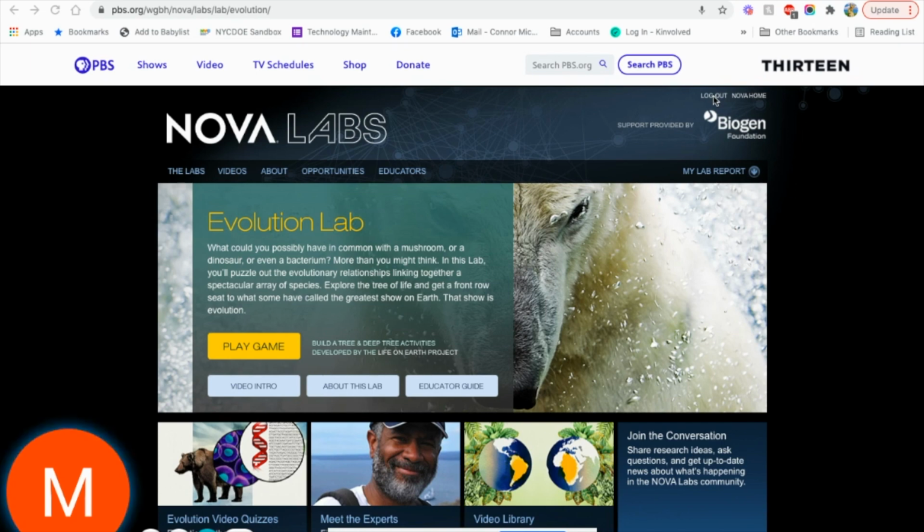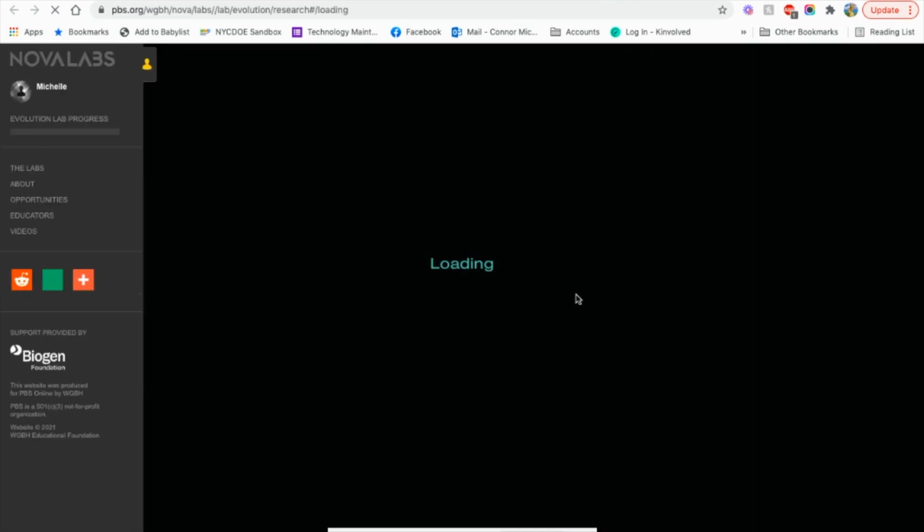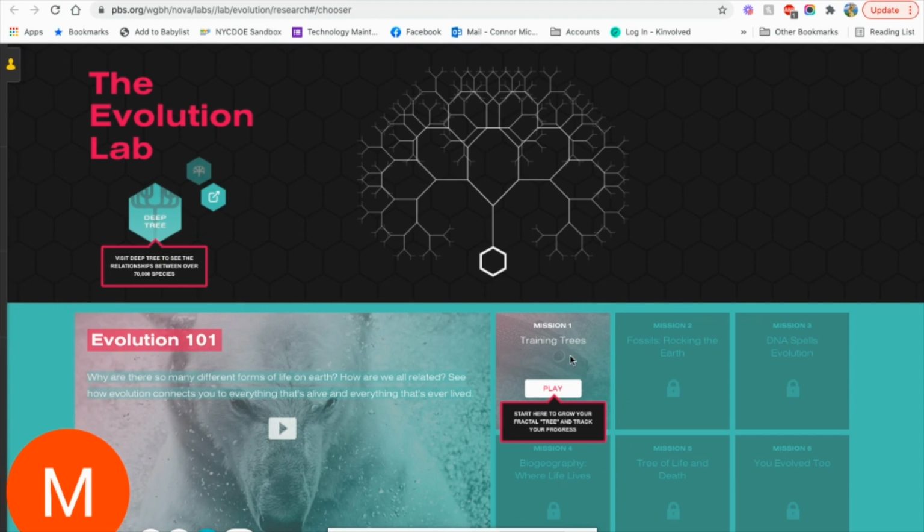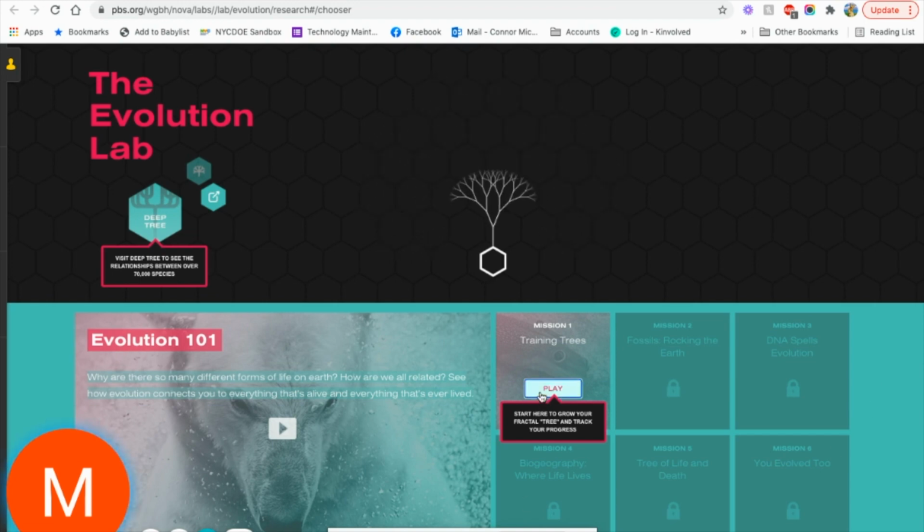They just have to pick what Gmail account they would like to associate with this program. If they don't have a Google account for some reason, they would have to go ahead and create a PBS account, but in most cases, most of our students have Gmail accounts. So then we go to Play Game, and we'd have to start the mission. Now notice every mission is locked until you get past this one. So for mission 1, if we click play,